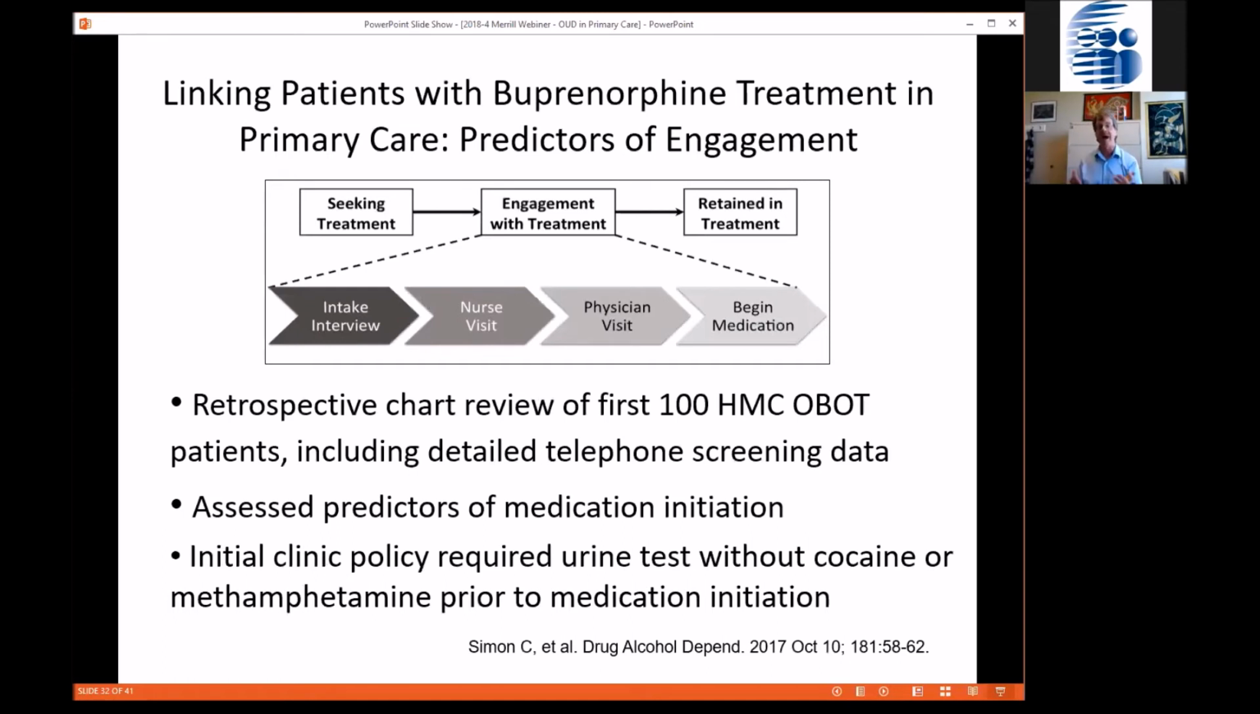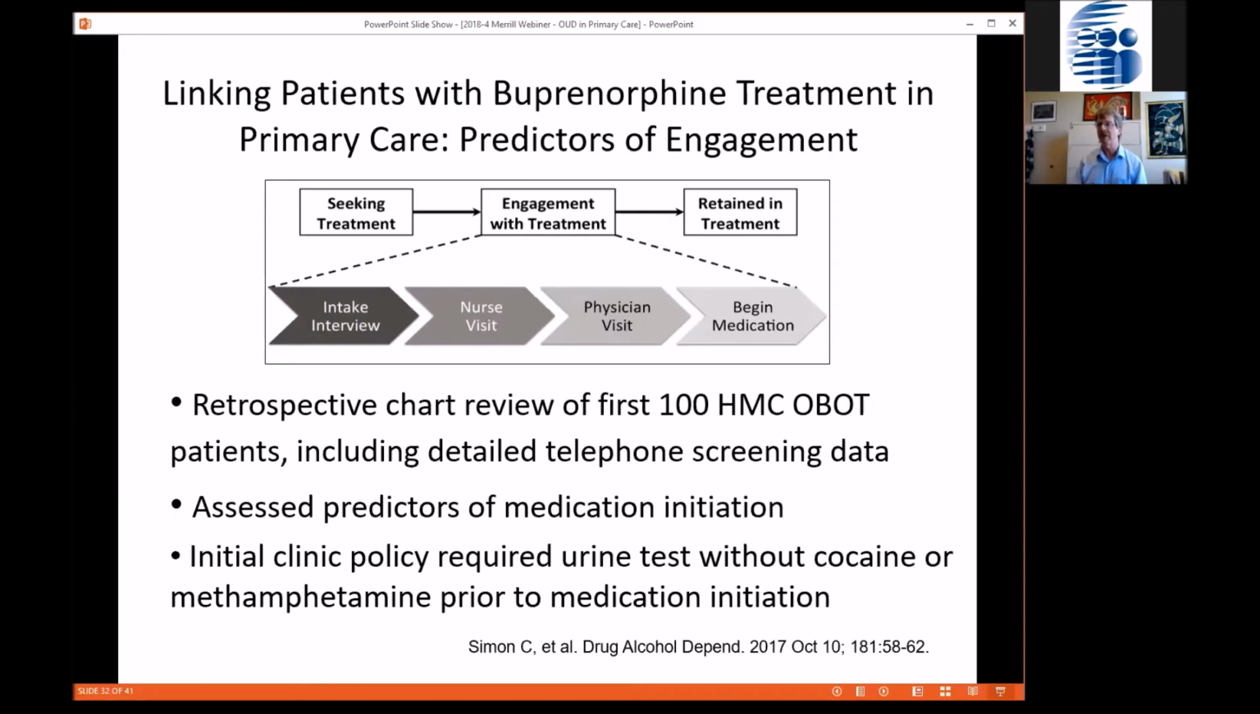Now, our initial policy in the clinic, we weren't sure what we could do in the primary care setting. We made a policy that they had to show up without cocaine or methamphetamine in their urine before we would give them medicine, because we weren't sure we could treat those patients, whether we had enough within the program to do that. So that was the reason for that policy. And what we found was that